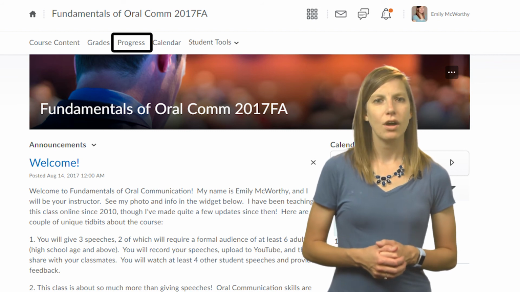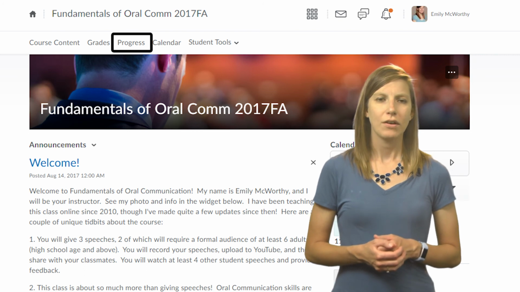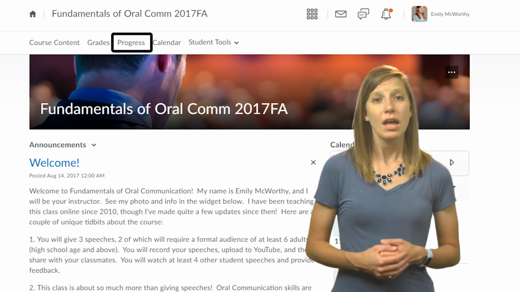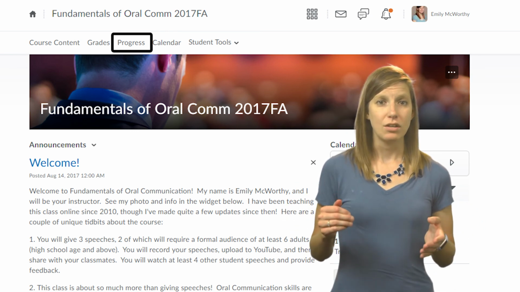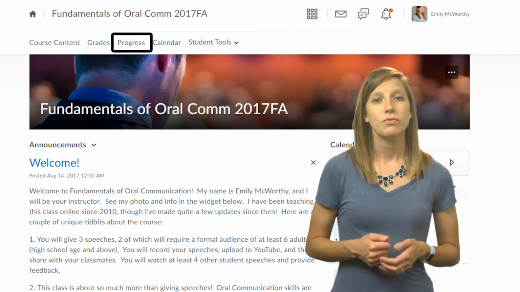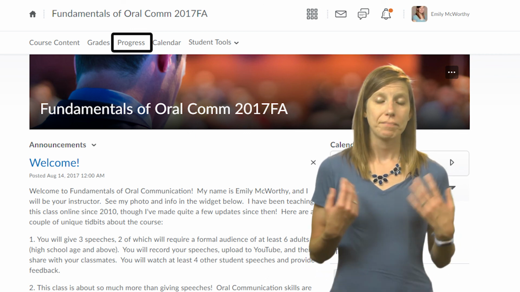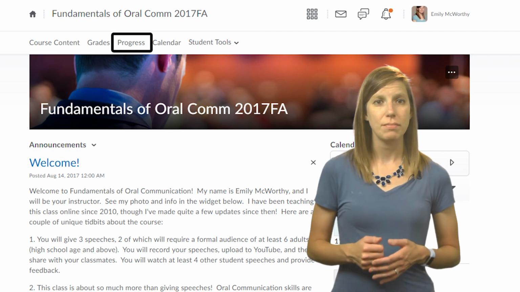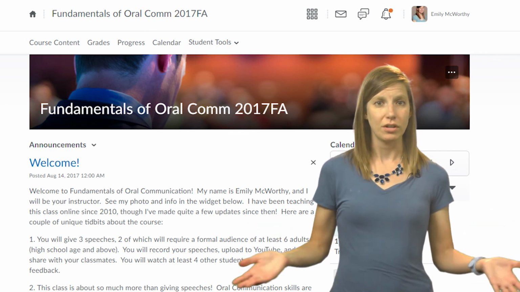The progress on the nav bar is probably one of the best places to look for grades. The grades tool will give you a really brief overview, but the progress is going to give you an even better overview of your grades. It's going to show you feedback on individual quiz questions, if I leave feedback on quiz questions. And it's also where you're probably best going to find your speech rubrics. So use progress. Like I said, it'll give you a little bit of extra feedback on some of these assignments. And always let me know if you have questions throughout the course.